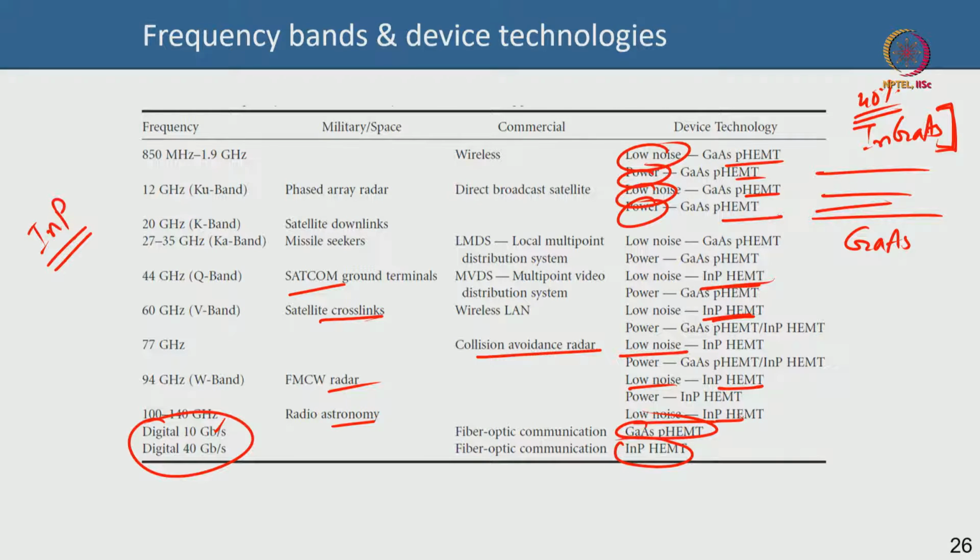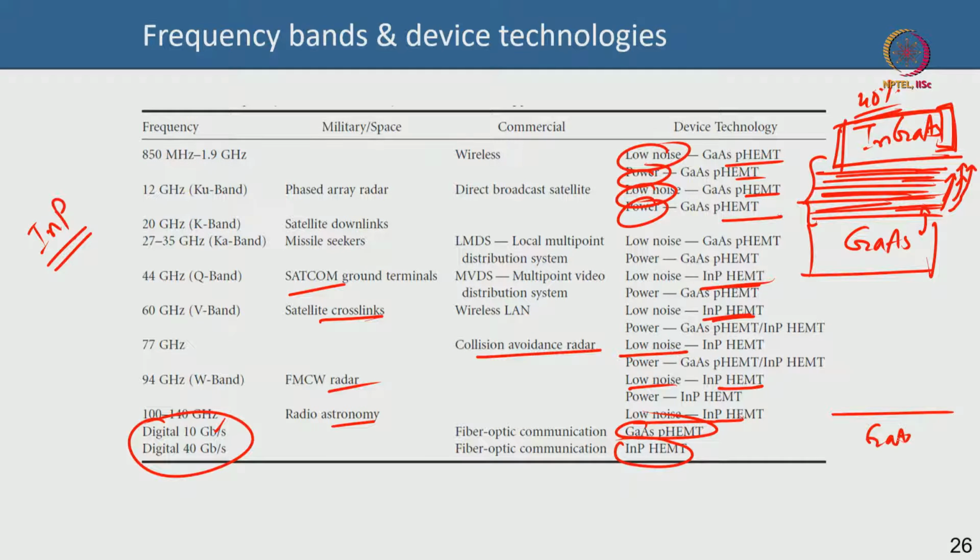So, what did people think about? People thought that I will not grow indium gallium arsenide 40% directly on gallium arsenide, because then the lattice mismatch is too much. I will grow some intermediate layers on top of gallium arsenide such that the lattice constant of those intermediate layers is not too different from that of gallium arsenide, okay. But as I keep growing, I will gradually keep changing the layers such that the lattice constant gradually changes to that of InGaAs 40% over this thickness. You see my point? I have a starting gallium arsenide substrate, I will grow some layers whose lattice constant is very close to gallium arsenide, but I will gradually keep changing the lattice constant by